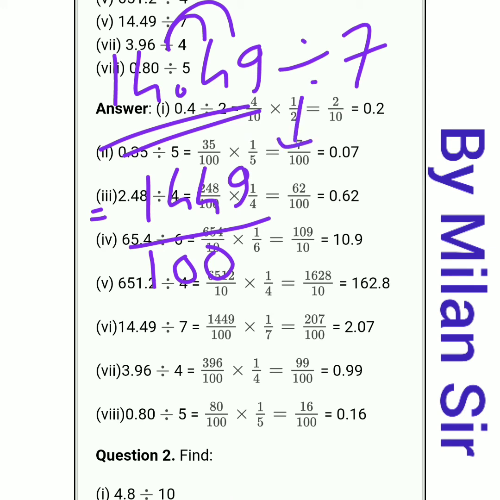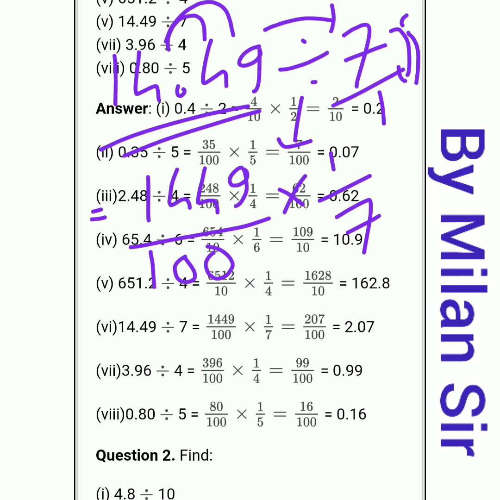Now we need to convert this division into multiplication. Here, multiplication. Now in the second number nothing is present in the denominator, so we can write 1. Now we need to take the reciprocal of 7 by 1. The reciprocal of 7 by 1 is 1 by 7. We need to change our numerator and denominator. Now we need to do the division process, that means 1449 divided by 7, because 1449 is present in the numerator and 7 is in the denominator.